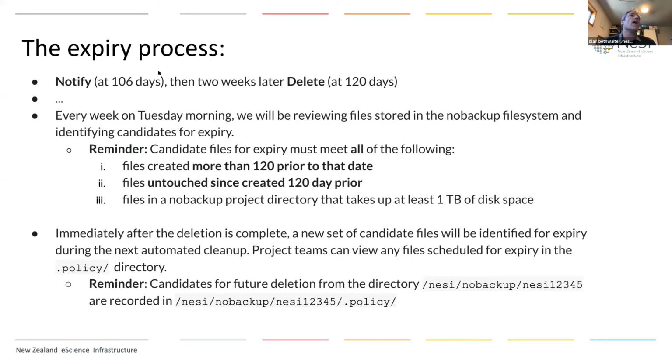So every week on Tuesday morning that will happen, and essentially when we begin this process, we won't do any deletion the first time round. We'll just be doing a notification. But then on the 10th of December, for the handful of projects that get identified for the first run of the policy, those will have files older than the 120-day mark deleted. And subsequent to that policy running, there'll be another notification run that will then notify all projects with files older than